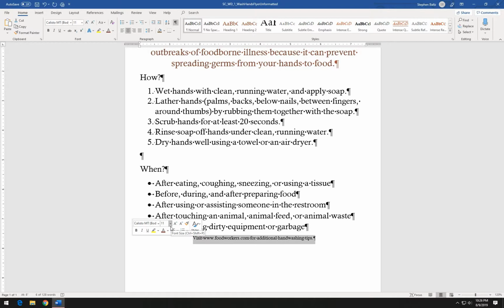So when you're selecting text to format, you can use the mini toolbar or the Home tab. You can use either one. In this case, we're going to use the mini toolbar. We're going to click the down arrow for the font size box, and click on 18 to change the font size of the signature line to 18 point. Once we've done that, we're going to use the mini toolbar again